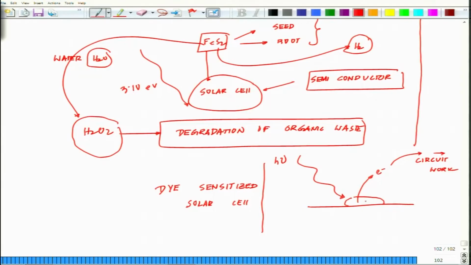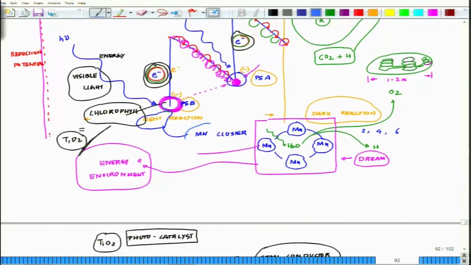Whereas now this moiety, which is now devoid of electron, is brought back to its ground state by iodine molecules, I2, I3, and a lot of shuffling happens. In nature, that infinite source of electron is the manganese cluster. If you go back to the photosynthesis where I started, nature uses the manganese cluster as its electron source, that infinite electron source,